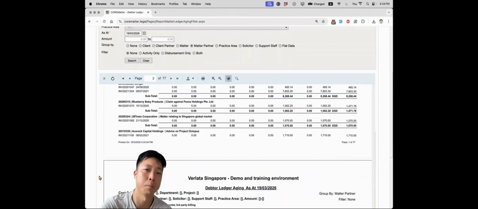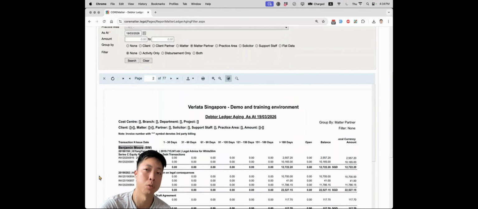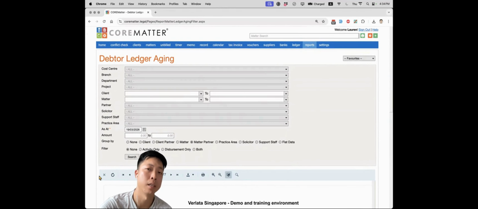Now, the last point I want to make is about accounting. I'm not going to show too much, but CoreMatter is a fully functional accounting and GST system. Now, this is very valuable, especially for the smaller firms or even the larger firms. But let's talk about the smaller firms first, where they often engage an external bookkeeper. And it's always beneficial to have one system where both parties are operating in the same environment so that you don't have to transfer data over, or can I have that report and you have to wait for someone to send it over